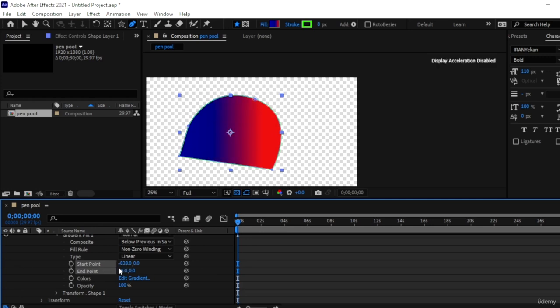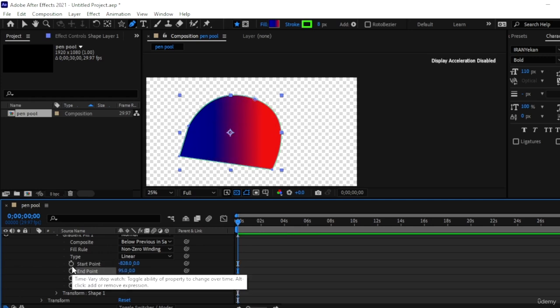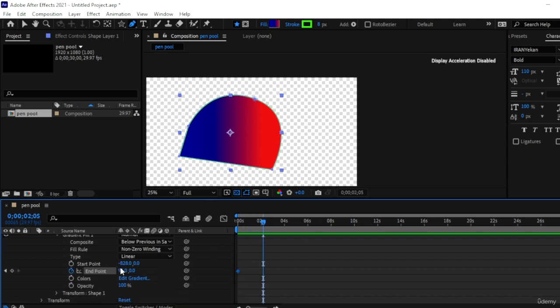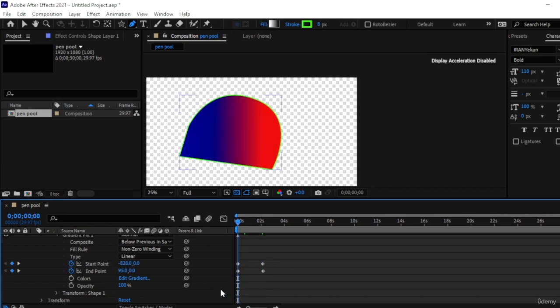Just switch around. And again, because they have stopwatches next to them, it means that I can create a motion from these gradients. So I'm going to hit the stopwatch for endpoint. Maybe move in 2 seconds in and then remove the gradients. So I'm going to do the same with the start point. Come here. And let's say we move it to the right side. So if I click away, hit the spacebar, you can see that the gradient is moving towards the direction that